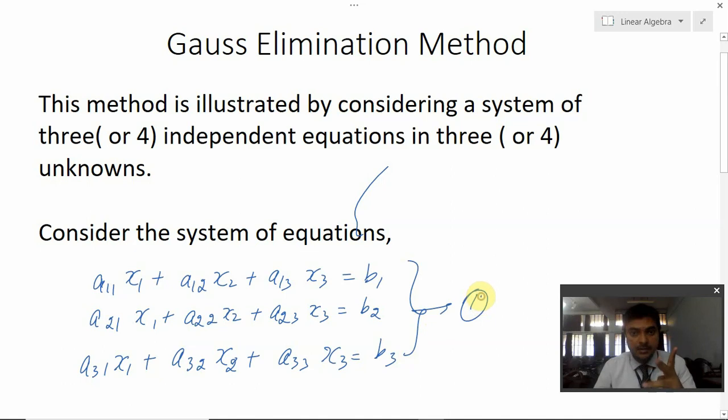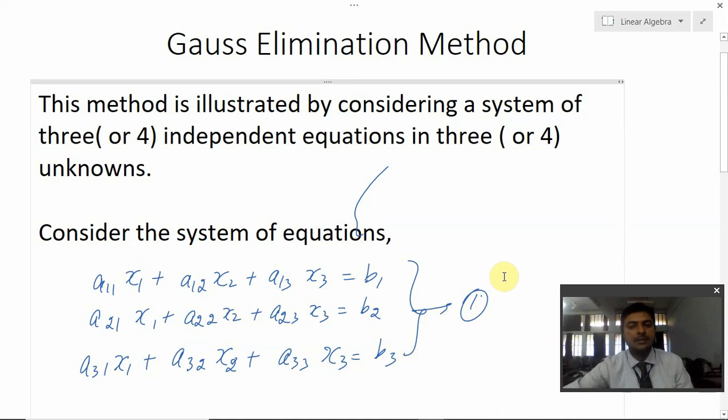Definitely 3 will come or 4 will come. You should be ready. Okay, let us see. We'll start with the